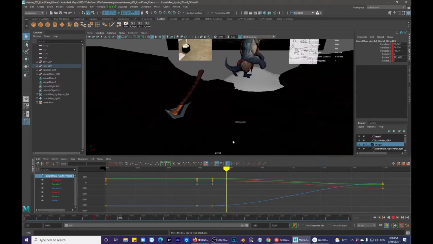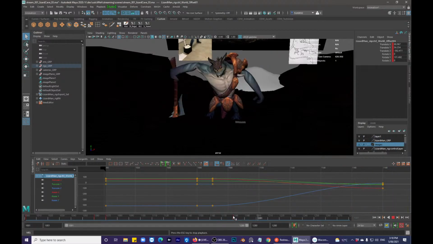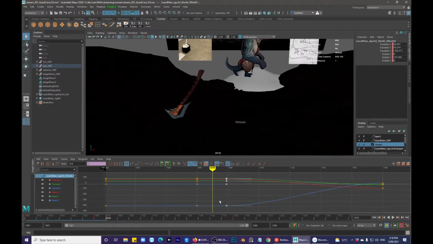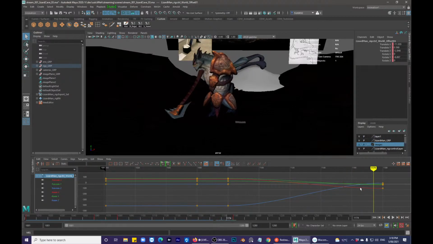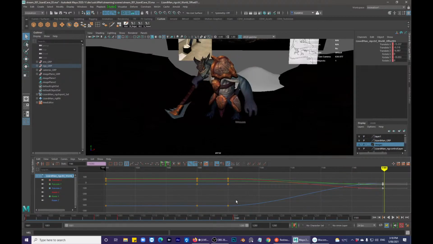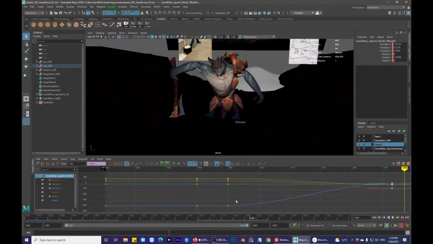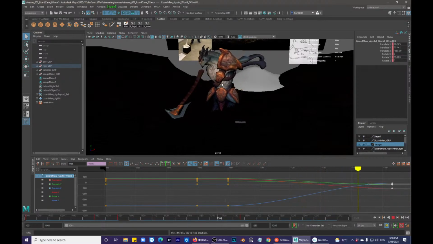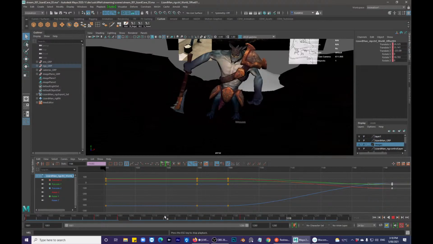So based off this blocking, I've also set up a rough timing of what I feel would be cool, but I might just push this out maybe 10 frames and then another 10 frames on this side. Maybe 6 frames. And it's like he's walking up and grabbing, and then he goes straight into